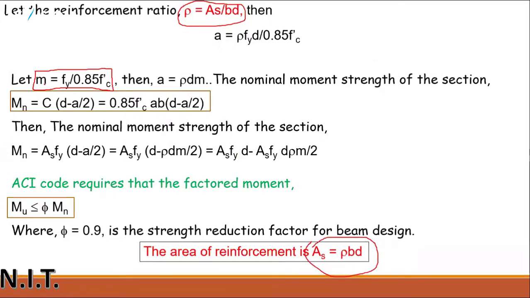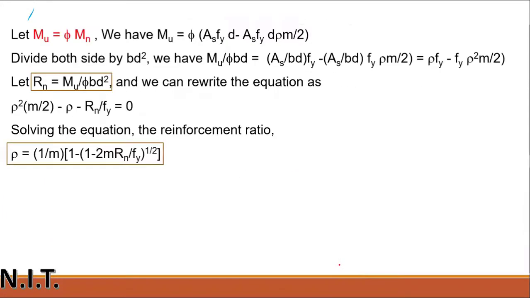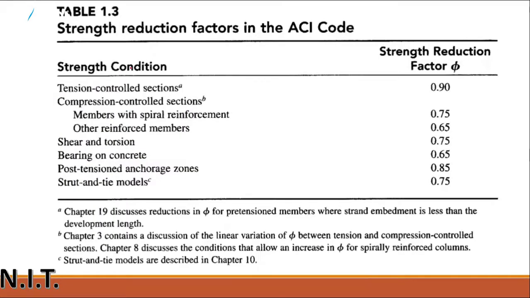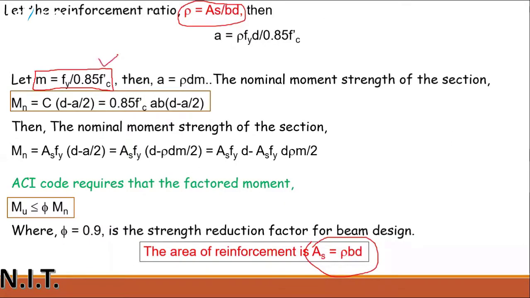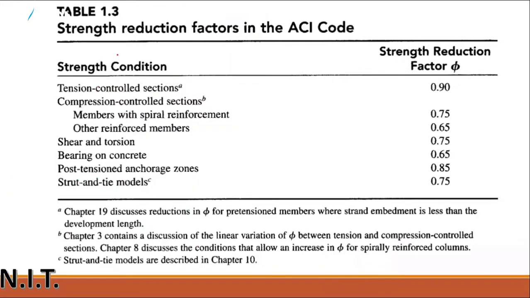This is Rn, this is m, rho, area of steel, and a few more formulas like the Rn value. Rho will be calculated by this formula, and m is also given. Okay, we will use these formulas. This is for the steel reinforcement ratio, this is a factor, and m is also a factor which we will use. These formulas will be used in the numerical problem.